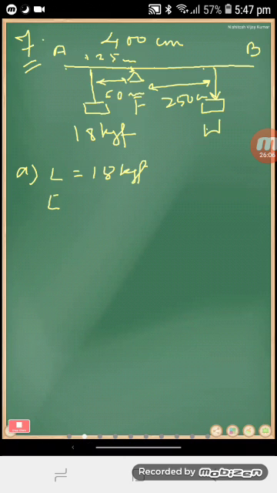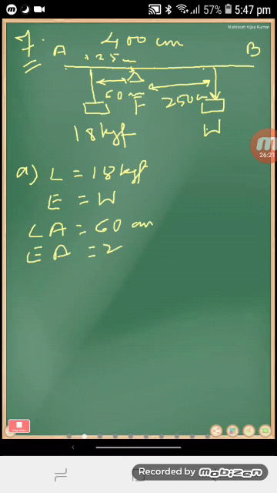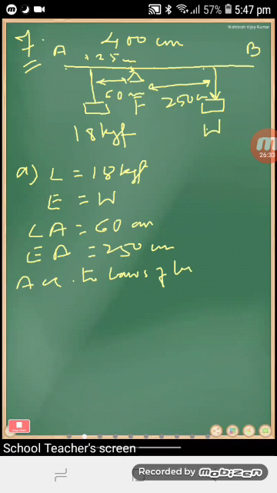Effort is equal to W, and then your load R is equal to 60 centimeter, effort arm equal to 250 centimeter. So according to law of lever, load into load arm is equal to effort into effort arm,